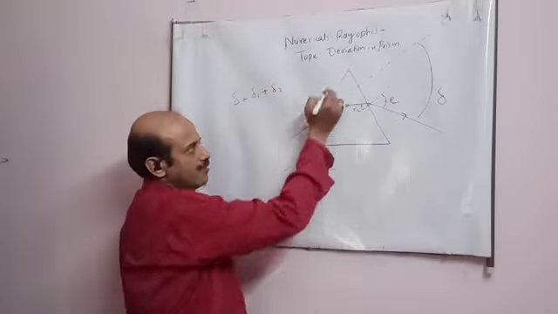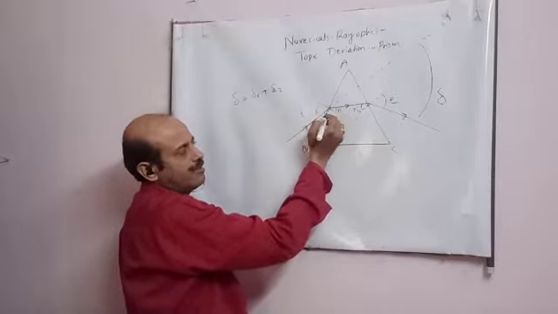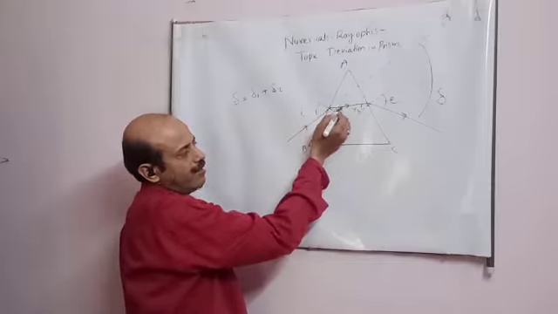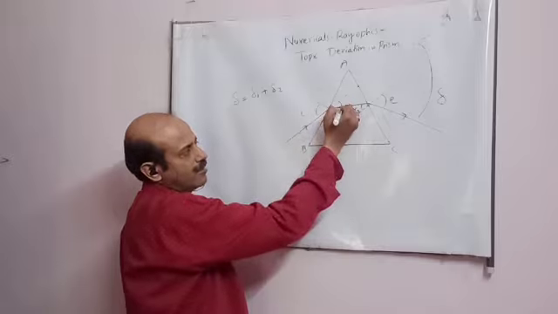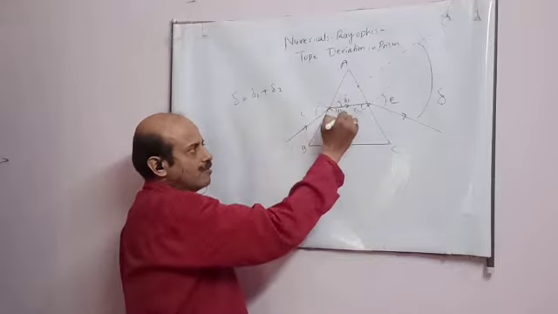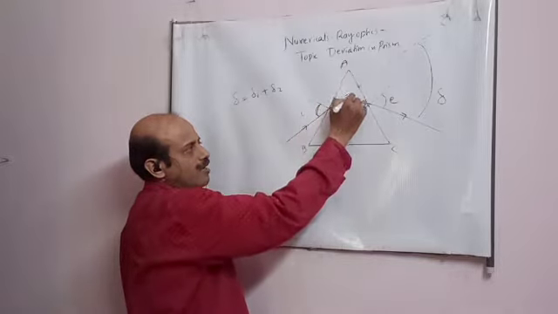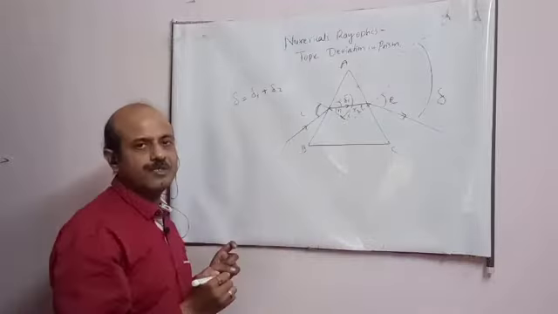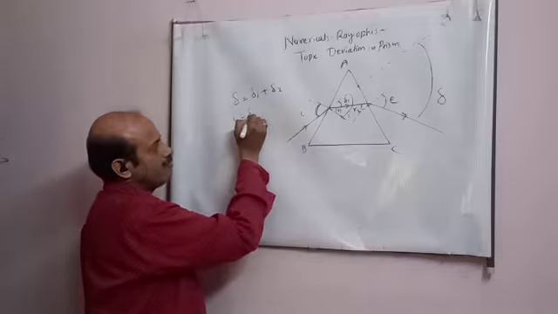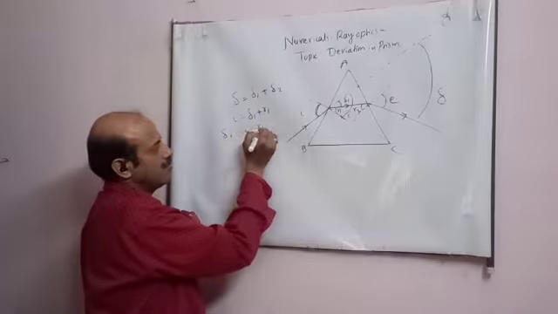If you see this surface, student, how much is the deviation? This is the ray, and due to the prism, this is the bending. So this is delta 1, student. Now this is the normal, and this is the incident ray traced forward. This whole angle is I, a vertically opposite angle. From the figure you can see I is equal to delta 1 plus R1. So the first deviation is given by I minus R1, student.